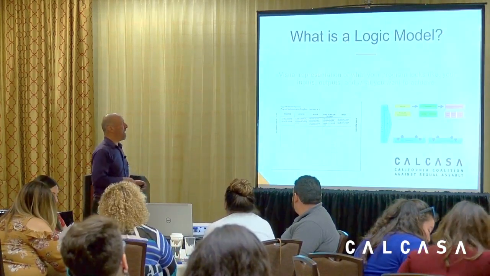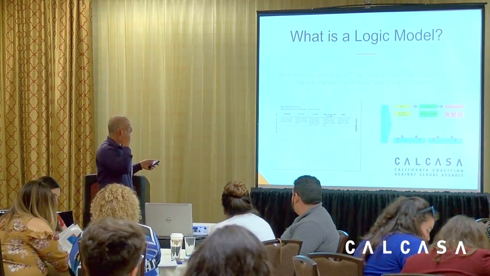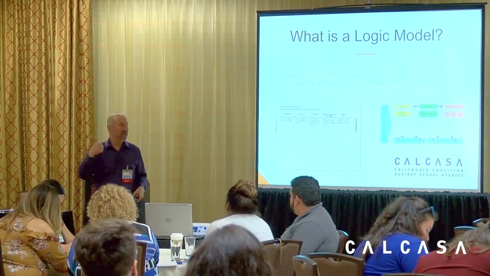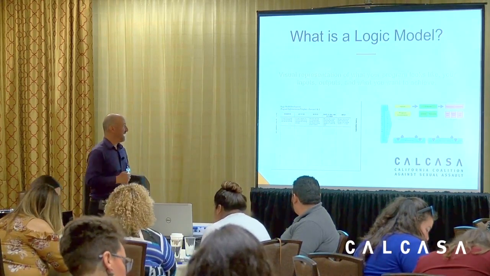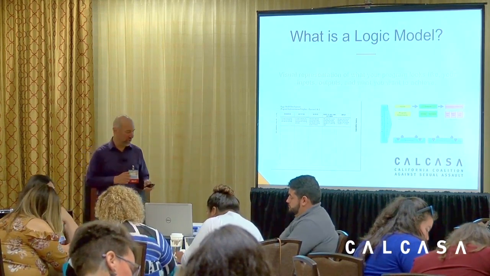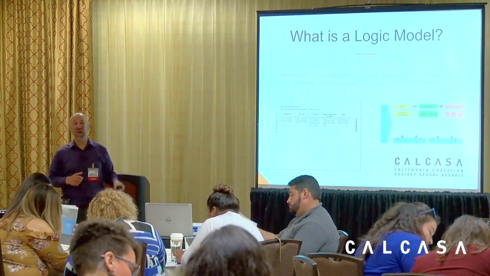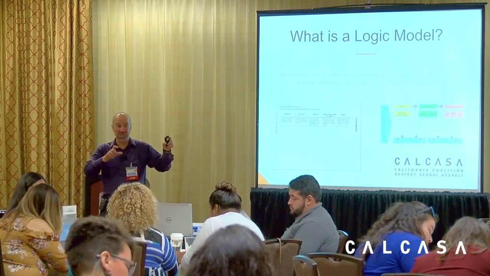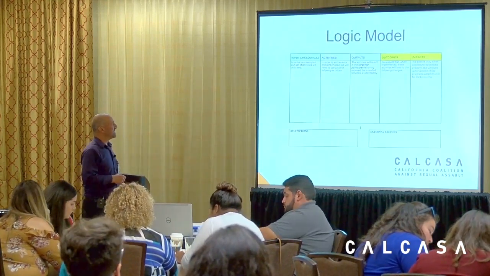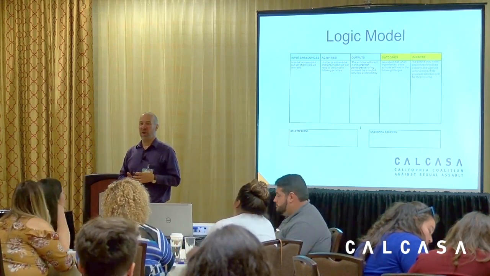So, a logic model is a visual representation of what your program looks like. It uses words like inputs, what you put into it, outputs, what you get out of it, and what you want to achieve. And there are lots of different ways they can look. I'm giving you some examples here. It could be a chart. They could be boxes. Logic models are famous for boxes and arrows, but sometimes they're just charts that have pieces here. This is the logic model that is currently being used with the RPE program.